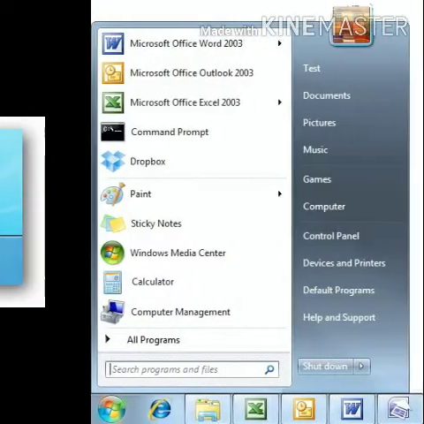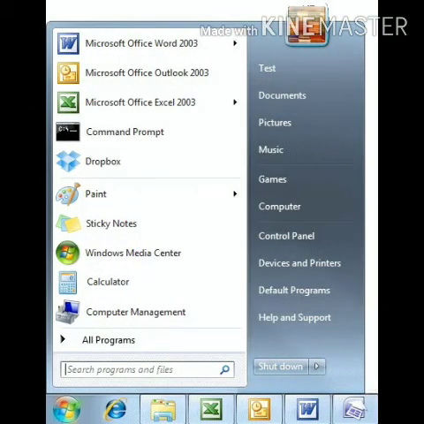Next, we discuss about Start menu. A Start menu is used to access programs, files and computer settings. On the left corner of the taskbar, you can see the Start button. By clicking on Start button, you can open Start menu. Its left part shows All Programs button and frequently used applications. Its right part shows shortcut for locations on your computer and the shutdown button.